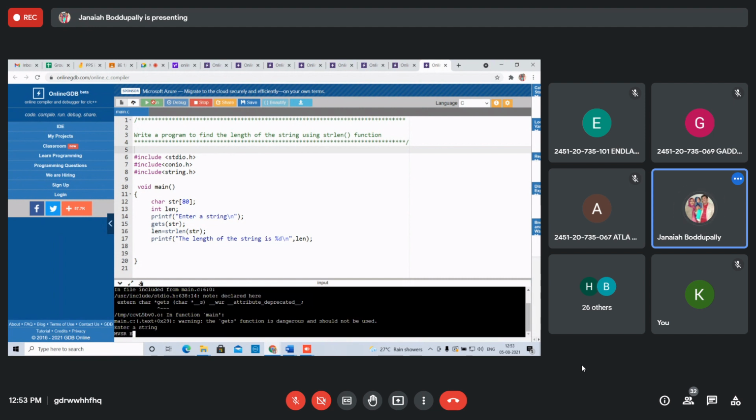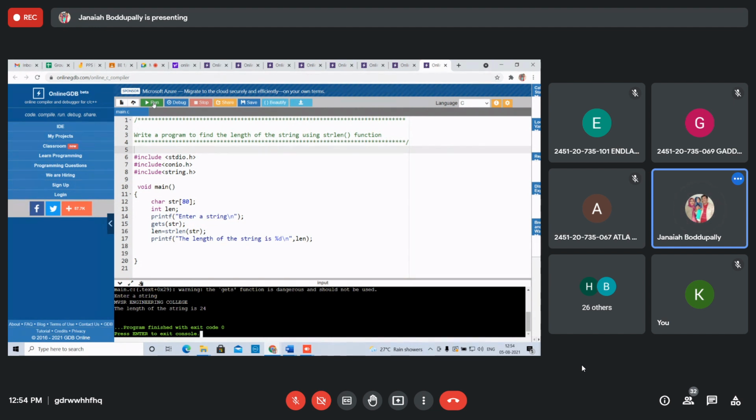MVSR Engineering College. How many? 4 plus 5, 1, 5, 6, 7, 8, 9, 10, 11, 12, 13, 14, 15, 16, 17 plus 7. How many? 24? Yes, 24. The length of the string is 24, including white spaces, 2 white spaces.